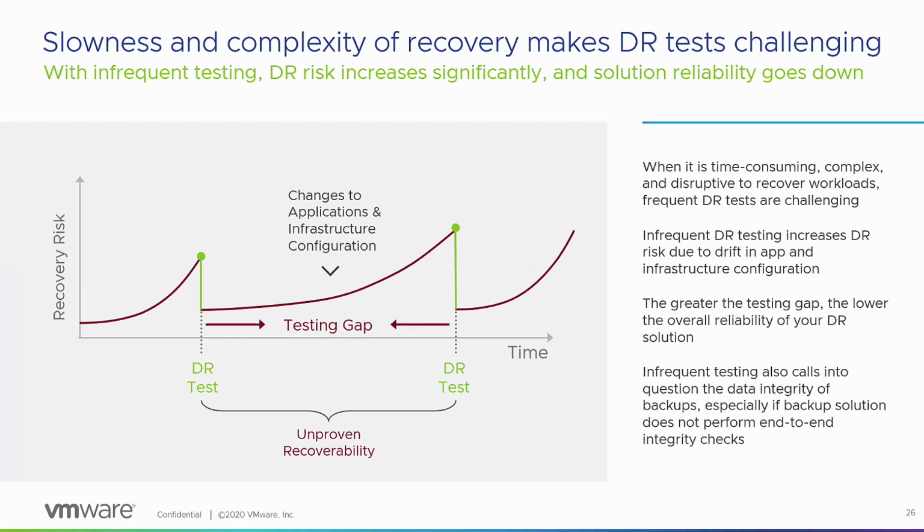What happens with infrequent DR testing is that your recovery risk increases, because your configuration drifts and you add new workloads to your production environment. While you might try to stay in sync and make sure your DR solution is configured to keep up, you can only do so much. So there's always a little bit of risk that keeps increasing the longer the gap between your